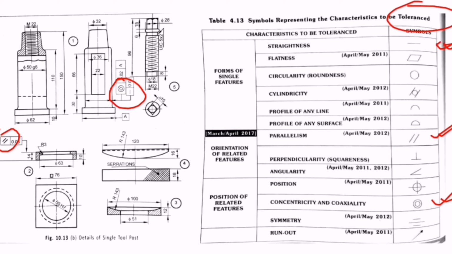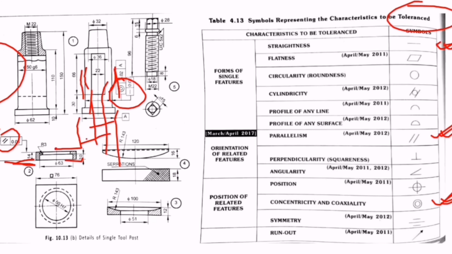This straightness indicates that these lines are straight, this line and this line, these two lines are straight. This parallelism symbol indicates parallelism of the lines. And concentricity means one circle inside another circle. If you observe this, this is one diameter, this is another diameter, so two different diameters are there, that's why it is concentricity or coaxiality. So indicating this kind of symbols in the answer figure is very important.